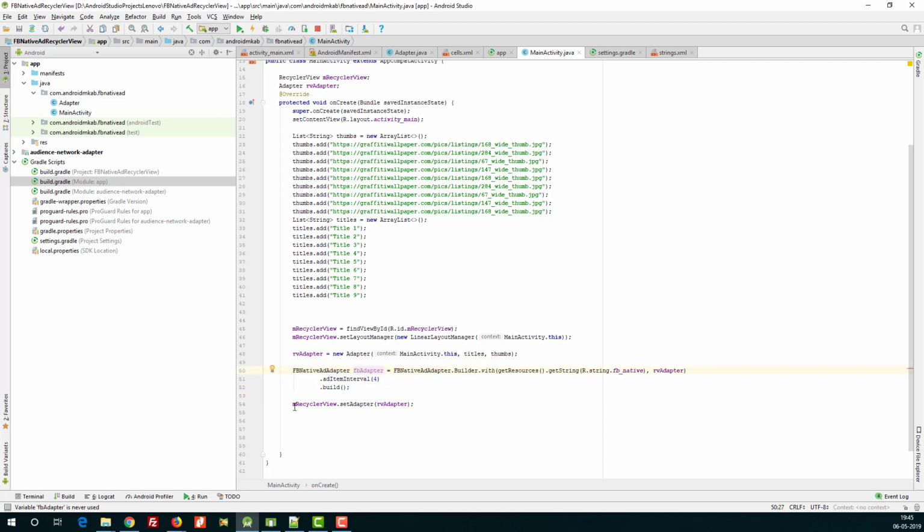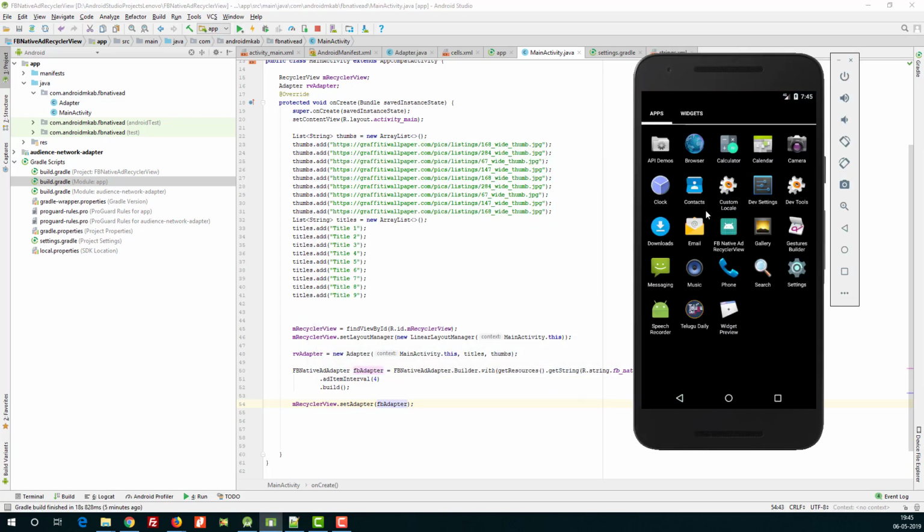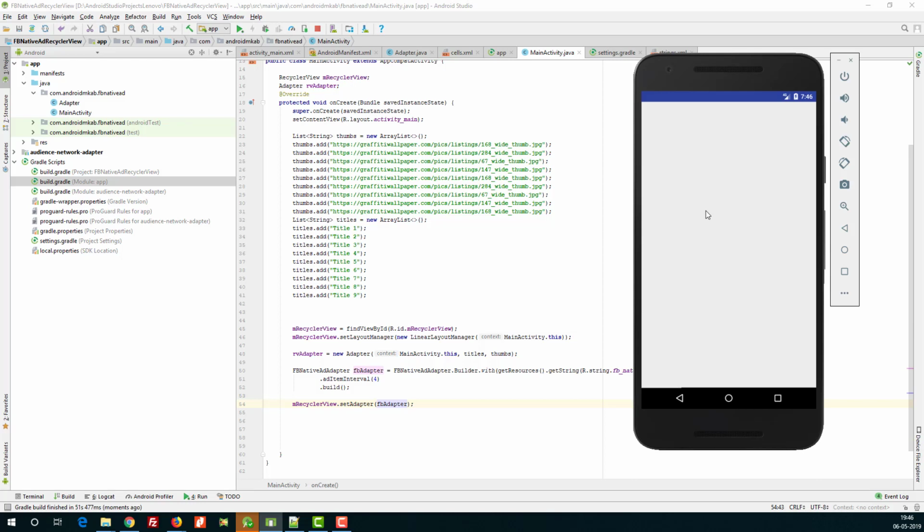Now in the recycler view we have called this RV adapter previously. As we have passed this one here, we have to replace this with the FB adapter. Now we will run the code and see whether it works or not. Now it is launching.